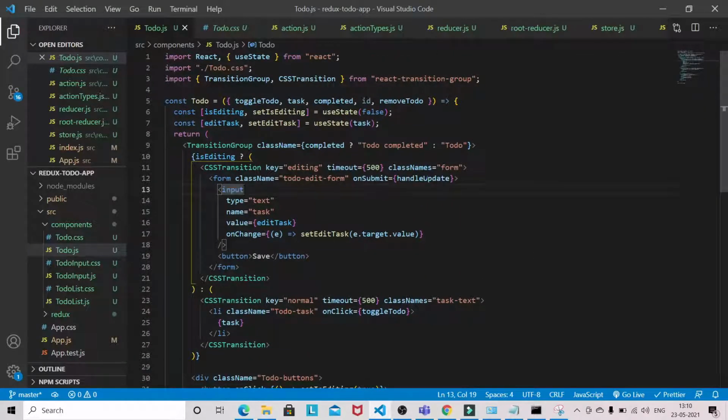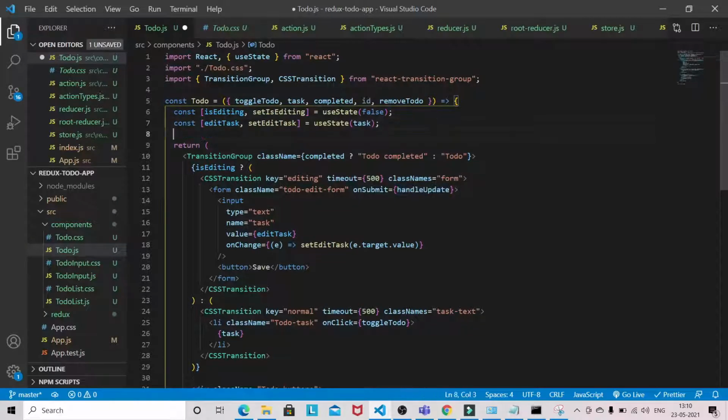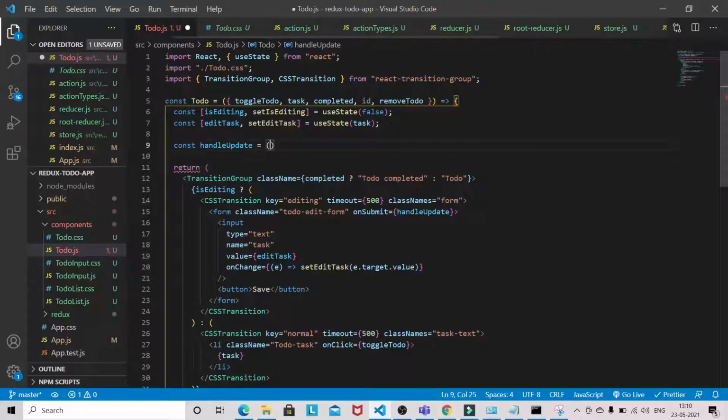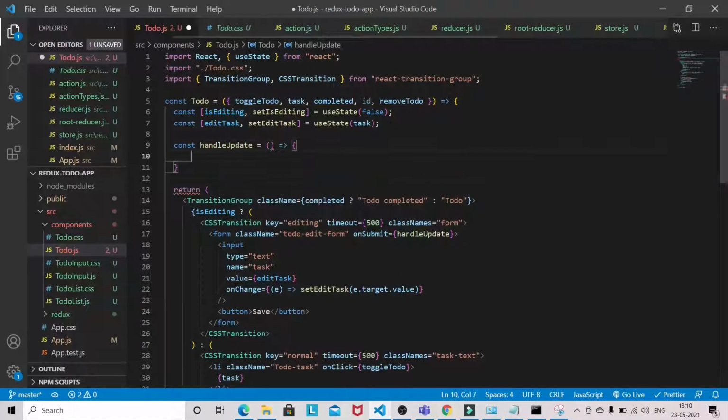Now this one needs to be defined. const handle update. Just leave it as of now.